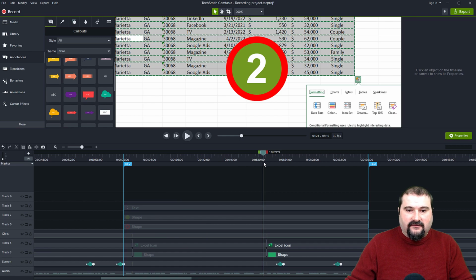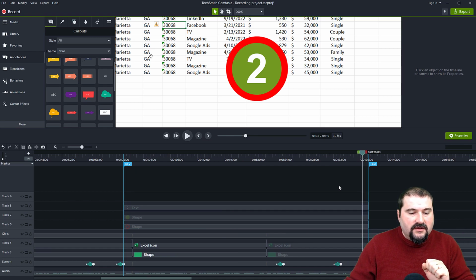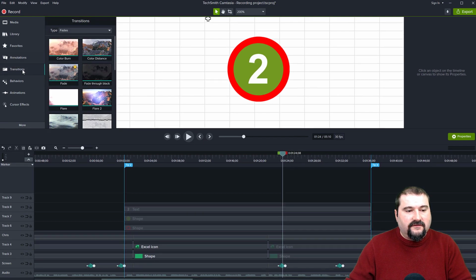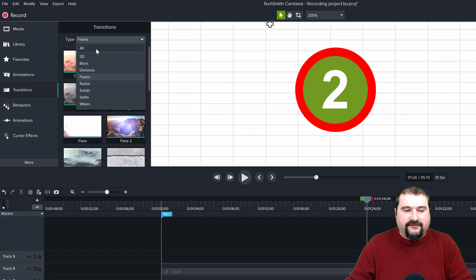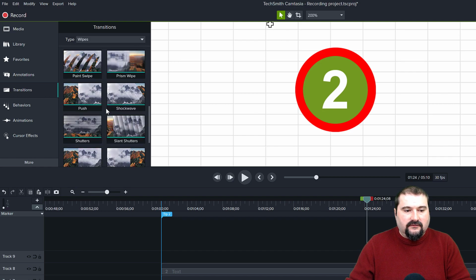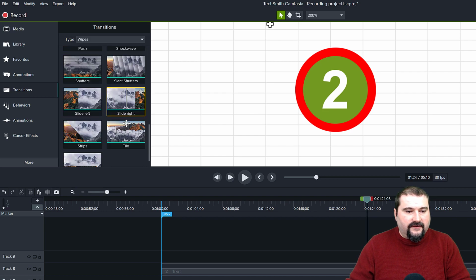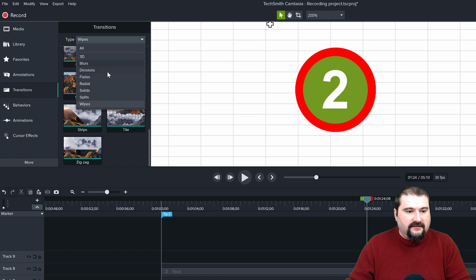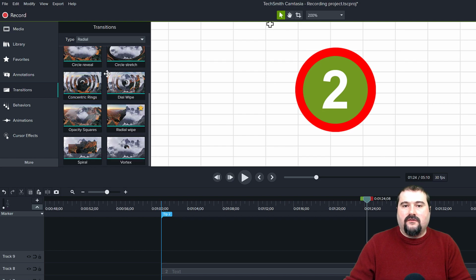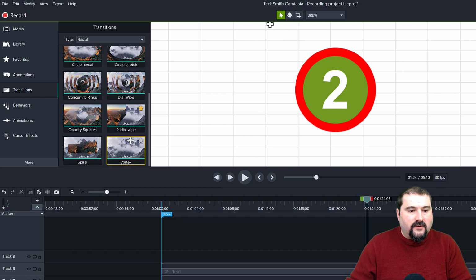So now for the effect, okay, what we want to do is show the progress from the start to the end of this tip, this section of my video. So what I want to do is go to transitions, go to the group at the top, use that drop down at the top to go to wipes. And what we want to look for is something called radial wipe. So it should be around here somewhere. And if it's not in this wipe section, it's probably in the radial. There you go. So on the drop down for transitions, go to radial and then look for radial wipe. There it is right here.